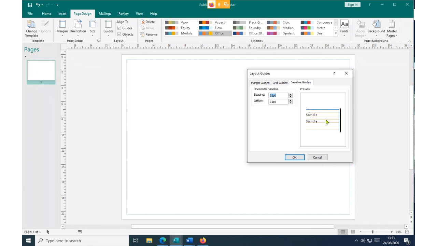Sometimes they can be increased or decreased accordingly. Remember, these guides cannot be printed. They only show you what you are doing and the position while you are putting the design content. But when you print, those guides will never appear.